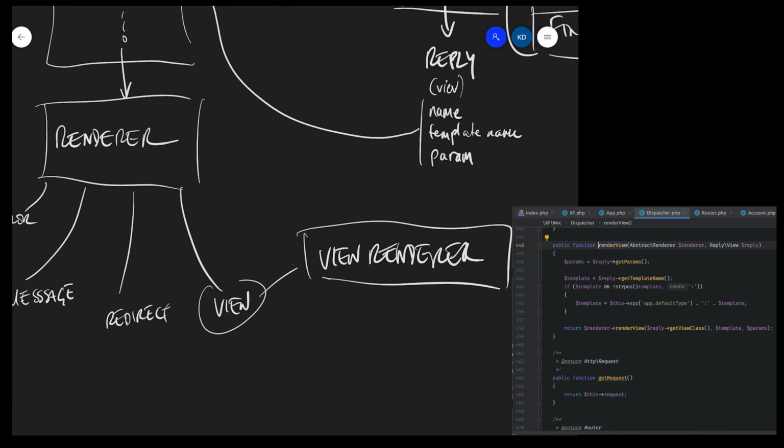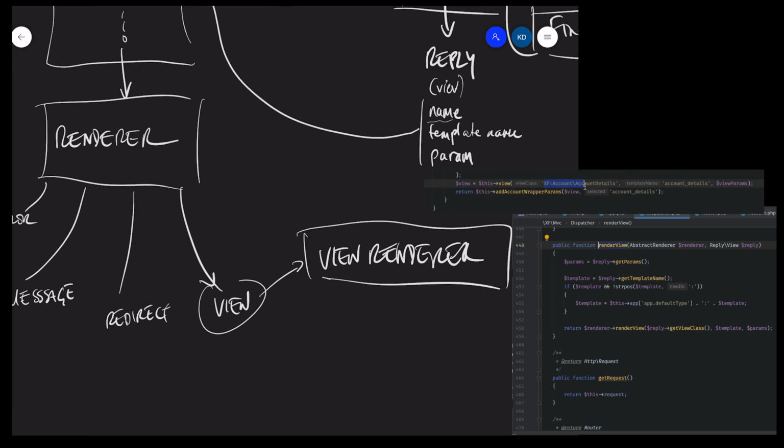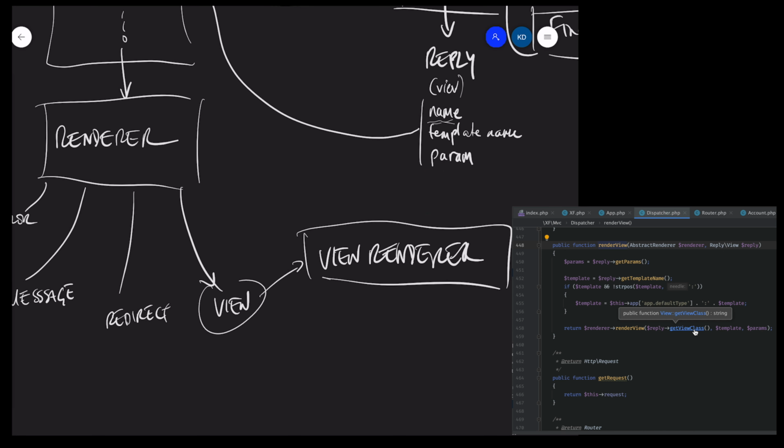And the first job that the view renderer has to do is it looks to see if it has a class that corresponds to the name of the view that was passed back in the reply from the controller. And if it does have a corresponding class, then it will execute whatever code exists in that view class, and that will then hand back to the view renderer.